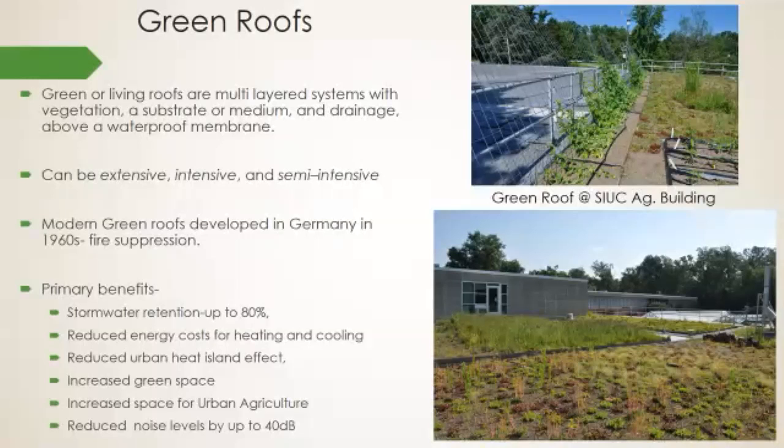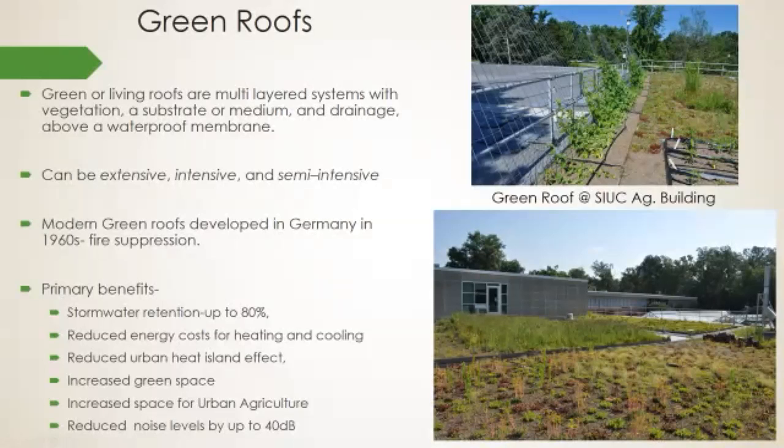But green roofs come in a range of depths. So extensive is the shallow type, intensive is the deeper substrate type, and then there's kind of the in-between semi-intensive. And extensive green roofs are going to be from 3 inches to no more than 6 inches. And intensive green roofs are really going to be decided by the structural capacity of the building. So a very heavily built structure can withstand a much higher weight load capacity than say a retrofitted green roof like the one at SIU, where they had to do some re-engineering so that it could withstand that weight load capacity. So it really just depends on the structural capacity of the building.